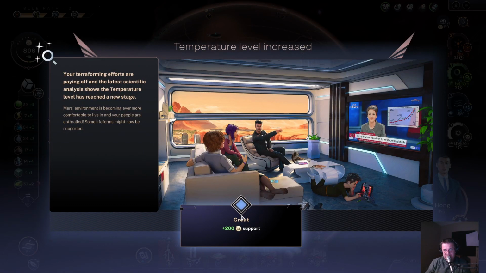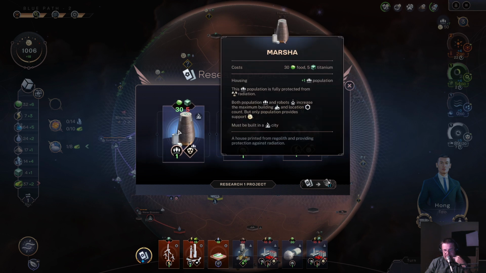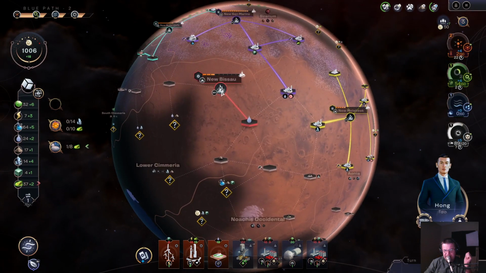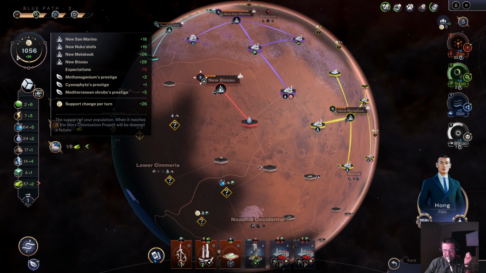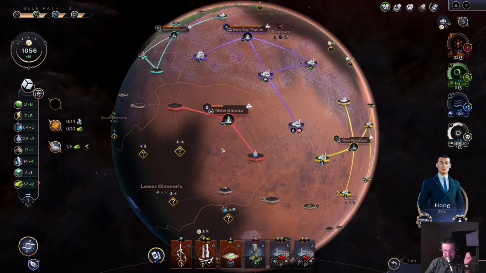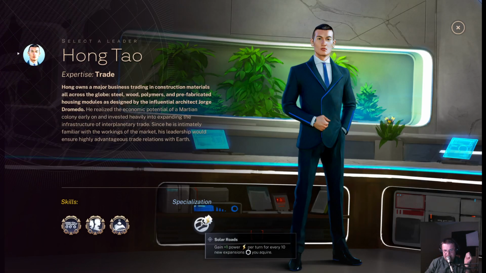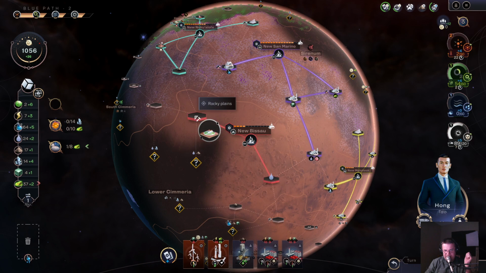200 support! Whoop whoop! We have a lot of support at the moment. Greenhouse, maybe. The radiation protection's kind of nice, but I'll think about the energy production. Let's go ahead and see. Habitation module right there. Huge support, plus 26 support. Look at that. That's amazing. So you're going to build this here, and then for every roadway, was that? Every 10 new expansions we acquire. Oh. I thought it was per every one, which...